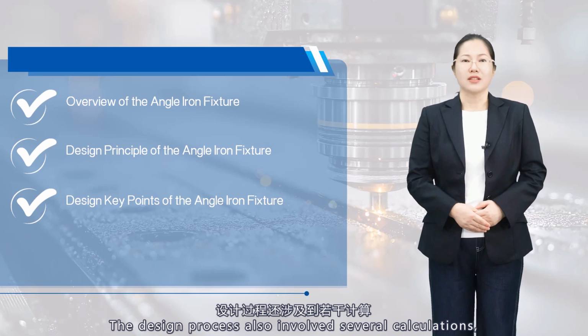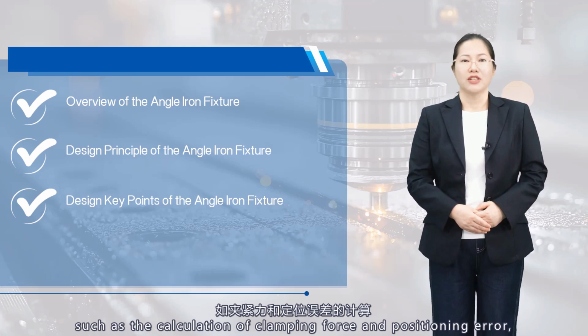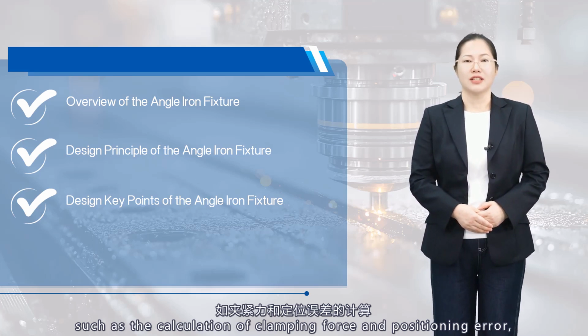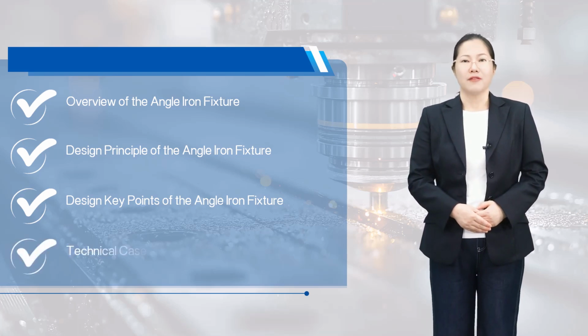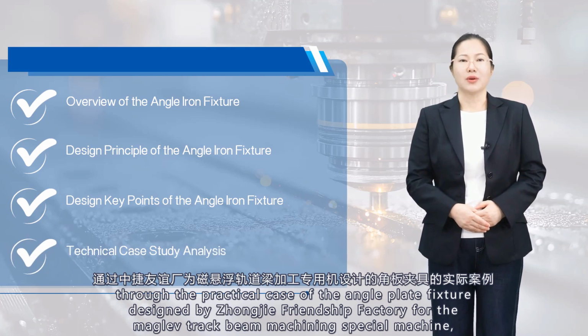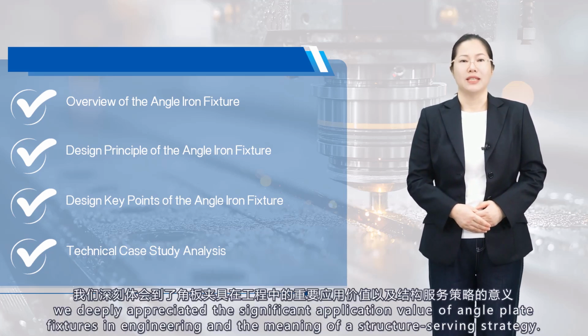The design process also involved several calculations, such as the calculation of clamping force and the positioning error, which help us optimize the fixture design. Finally, through the practical case of the angle plate fixture designed by Zhongjie Friendship Factory for the maglev track beam machining special machine, we deeply appreciated the significant application value of angle plate fixtures in engineering and the meaning of